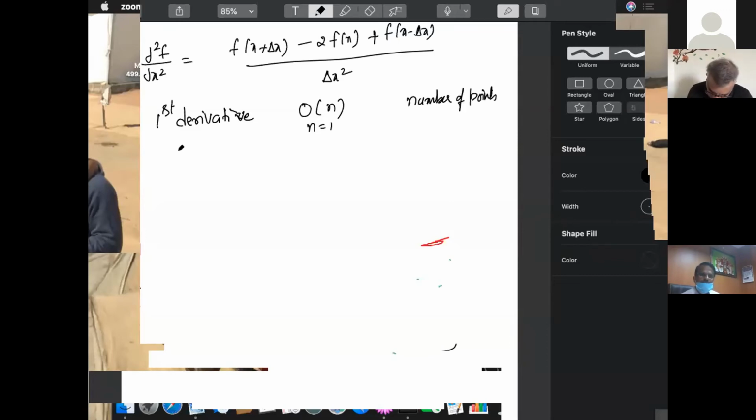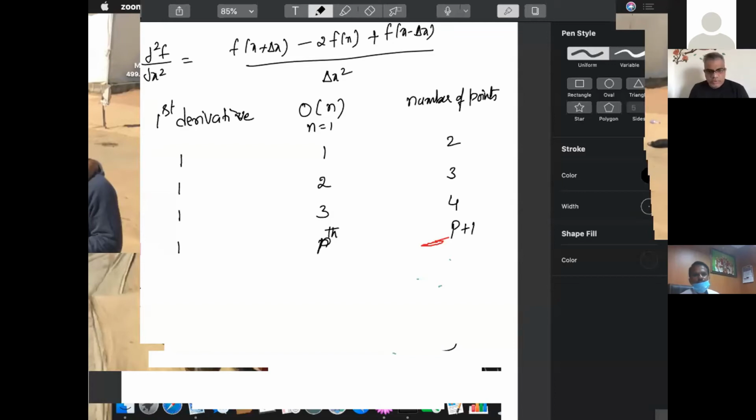If you look at this, the first derivative, if you look at first order of accuracy, you need 2 points. First derivative, if you are looking at second order of accuracy, you need 3 points. That means to say that if I want to have first derivative third order of accuracy, you need 4 points. And if you say first derivative p order of accuracy, I need p plus 1 points. So what's happening is the length of the stencil, the number of points that are included, keeps on increasing as the order of accuracy increases.